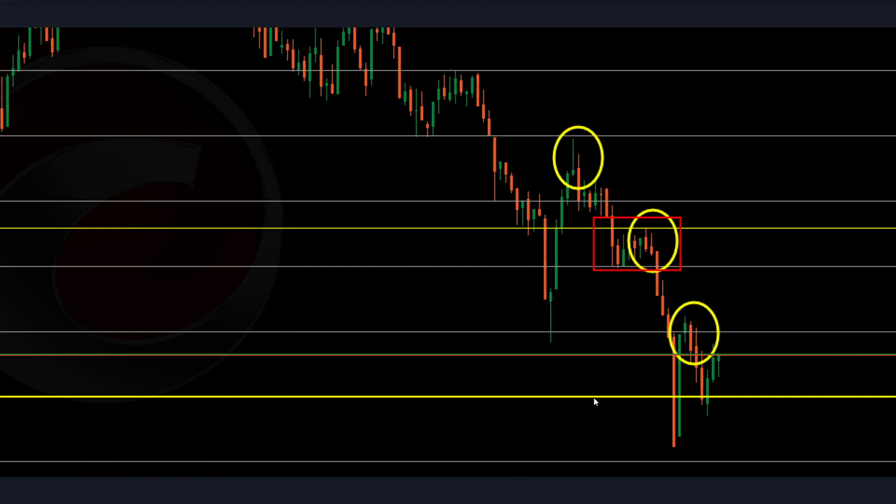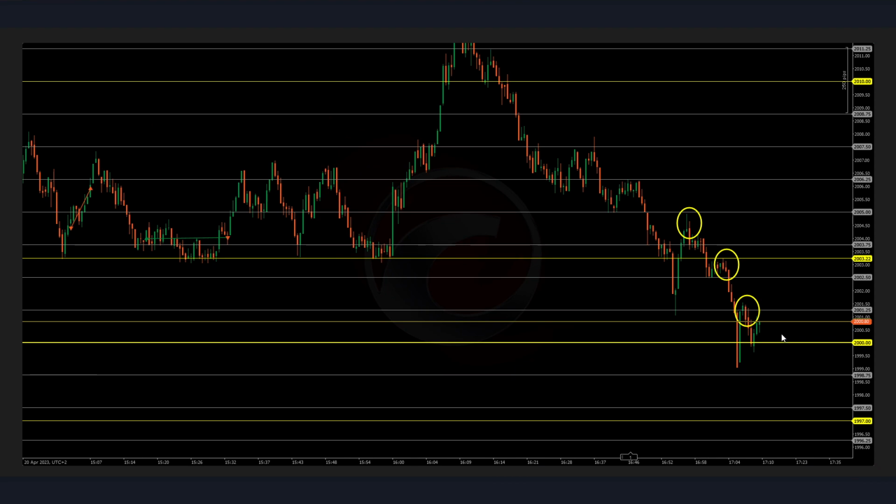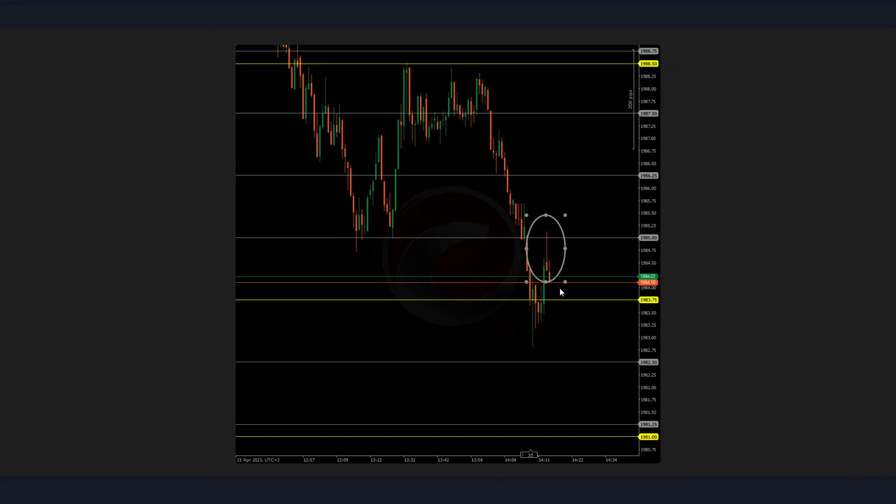and then possible retest again of these previous lows. The other thing is that we are very close to another, this is a 2000 key level, a very important psychological number. Let's see if it will break it below. I don't know,